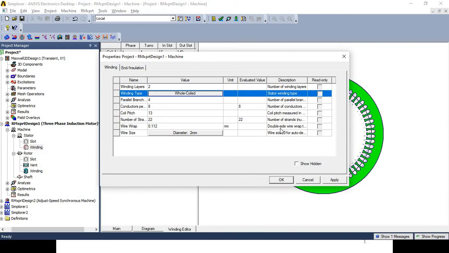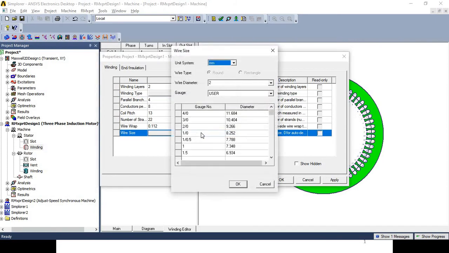Then wire size. We have the idea that the current carrying capacity of the conductor depends on the wire size. So you have different options for wire size. How will the wire size be selected here? It is available in the information of the available sizes, in terms of gauge number and diameter. Here the gauge is available from 4 to 51, and we know that the lesser the gauge, the higher the size of wire.